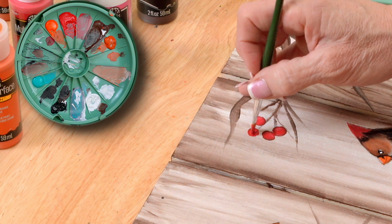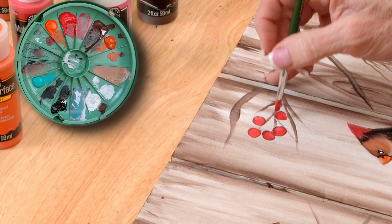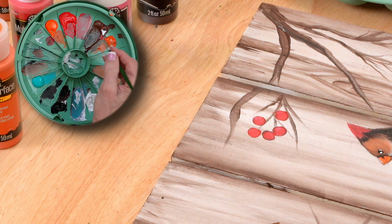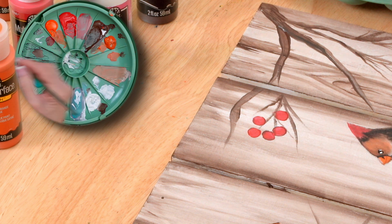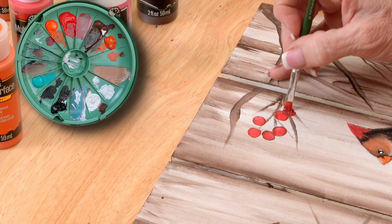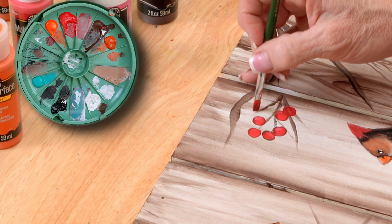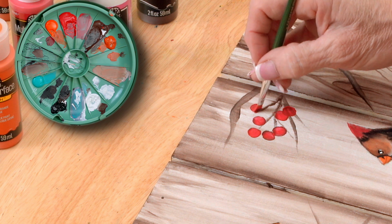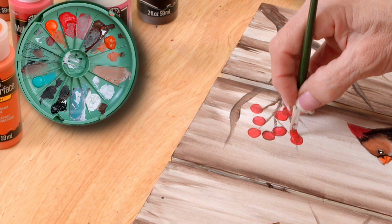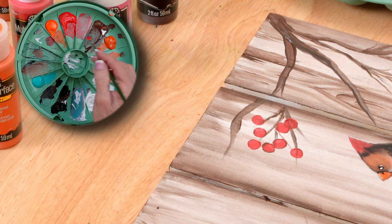I can just do apple red on a couple. And especially if I get a shape I'm not really pleased with, I can go right on top of that edge and cover the spot that didn't get perfect for me. And then come over and do a couple more. Okay. So I'm showing you how to do a cluster, and then we can repeat those clusters,